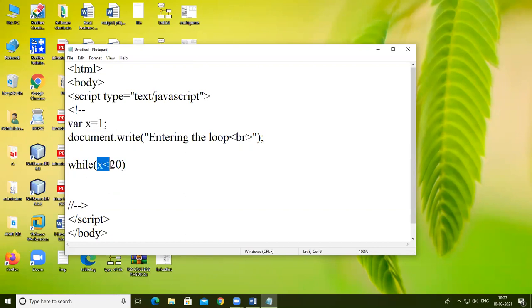So the condition is x is less than 20, and inside that loop I'm writing another, the if statement. I'm giving here the condition for a break statement, that is x is equal to 5.